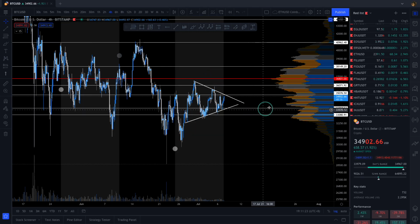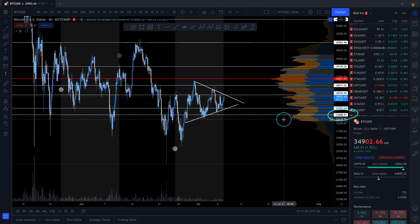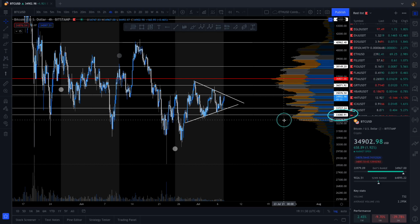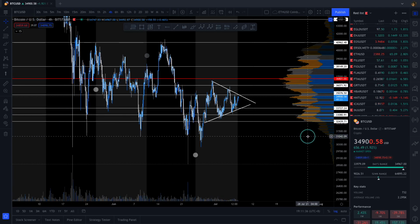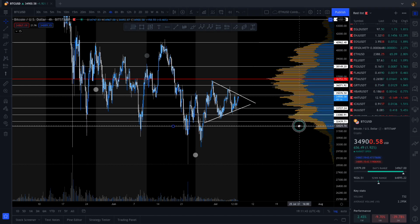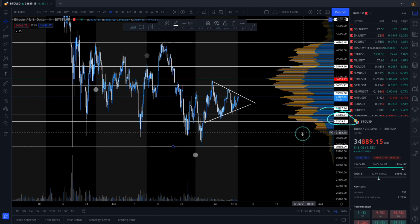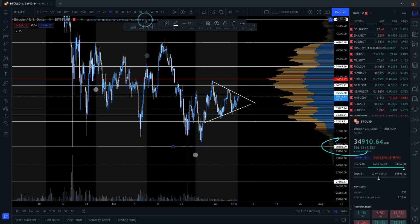So for starters, this is going to be pretty strong support, right? This level at 33,100 as well as this level at 32,600. So you could potentially take some profit off of these two levels. And if these two levels fail, you might find some support here, but not really. If you break below 33k and 32,400, I believe we're going straight back down to 30k at least, and honestly